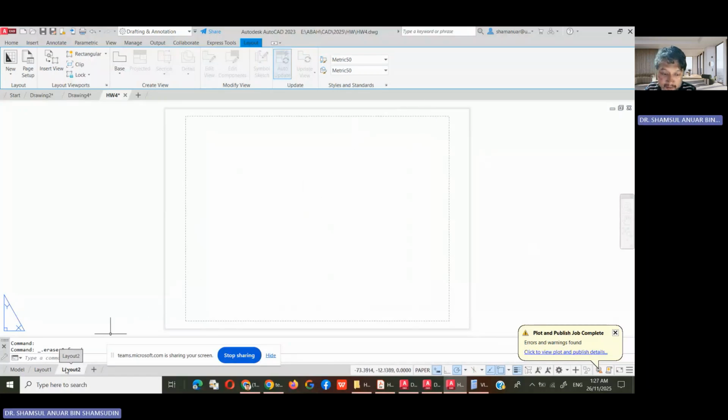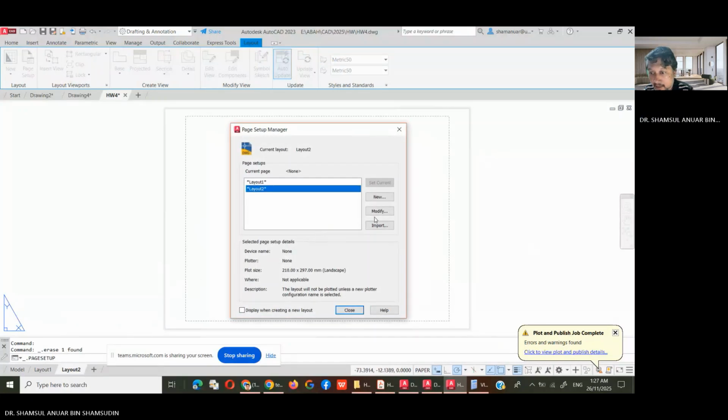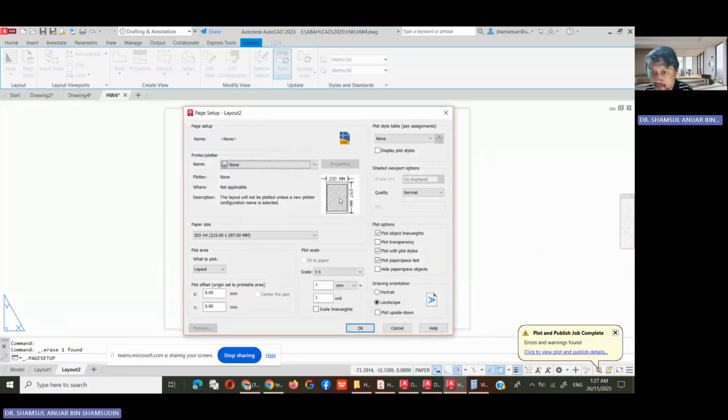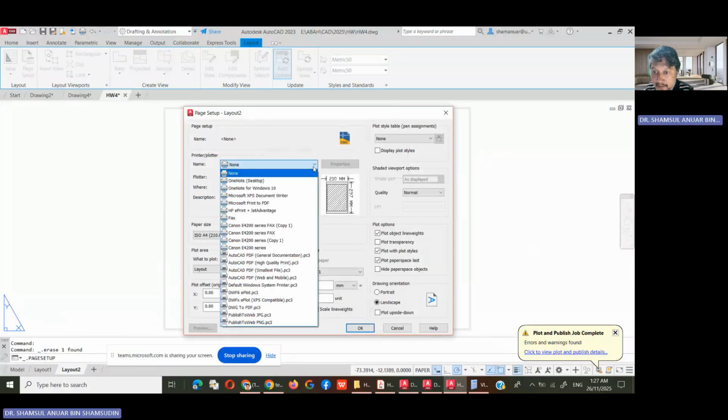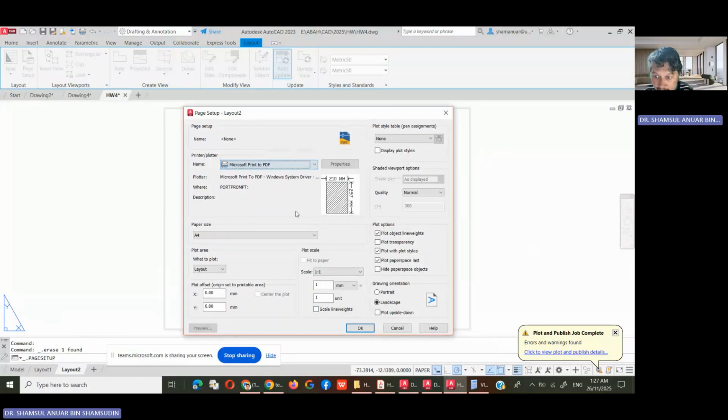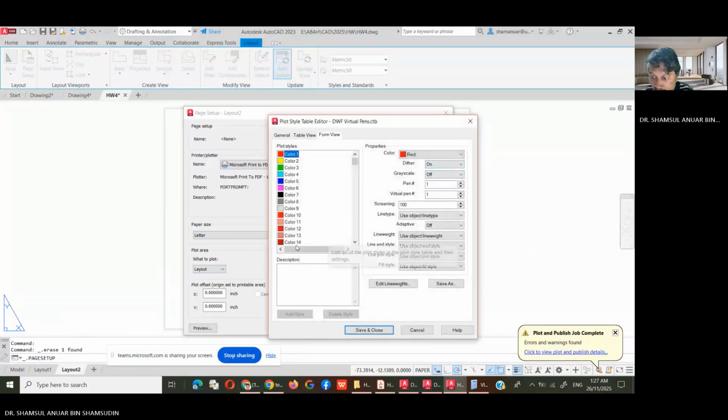So here you can also go to the modify layout tool and choose the printer, and here I'm gonna go to letter size, and once that is done, you can also go here DWF, check this again, and that is good,